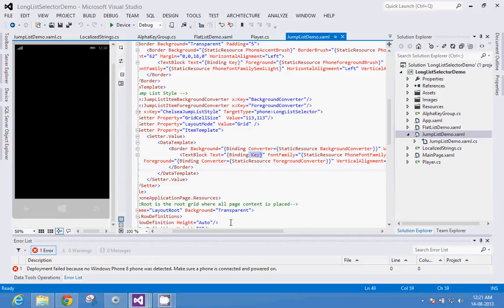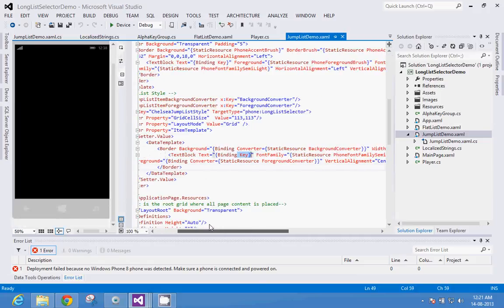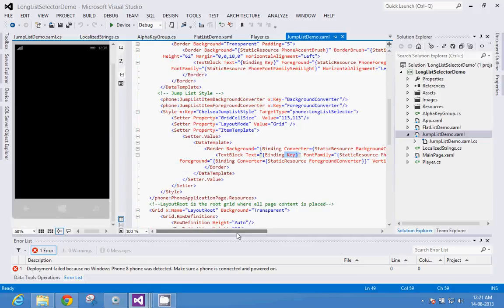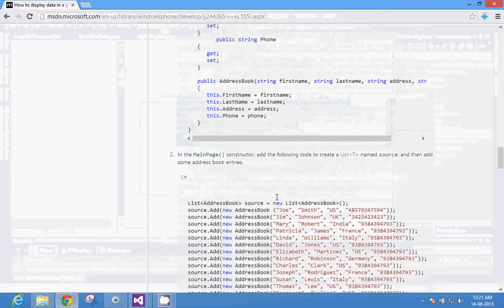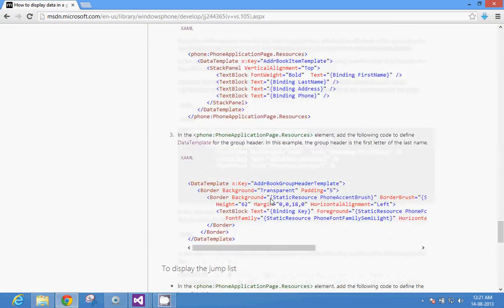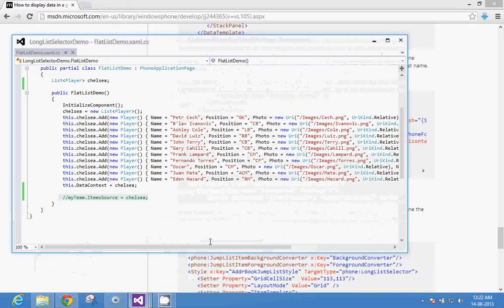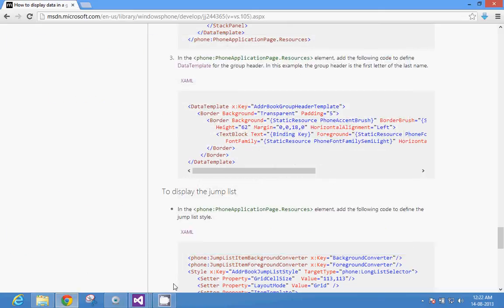Then font family and everything is very, very simple. This is a very trivial code again, so you can get it from MSDN. Same page again, same page. You can put all the styles from here, right? And it's a generic code again. That's why you don't need to really change it again and again.